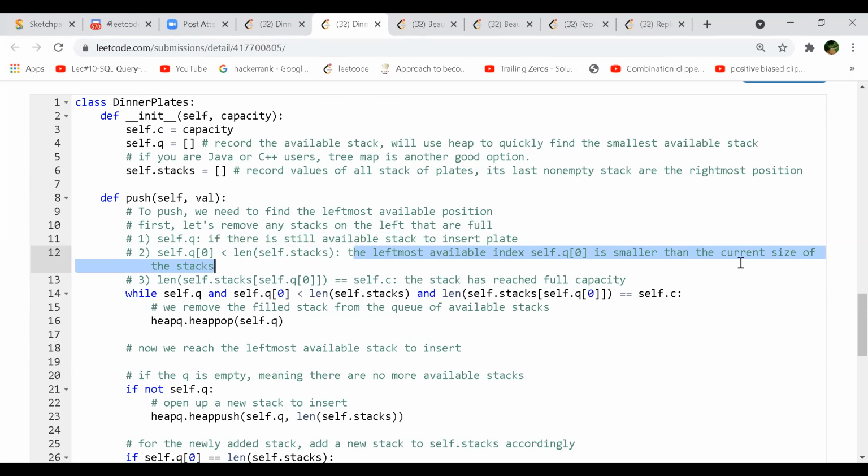So first you want to check whether you can fill those, right? So therefore you are going to this while loop, and then checking. So at every position of the queue, Q0 means what? Q0 means the first element in the list.